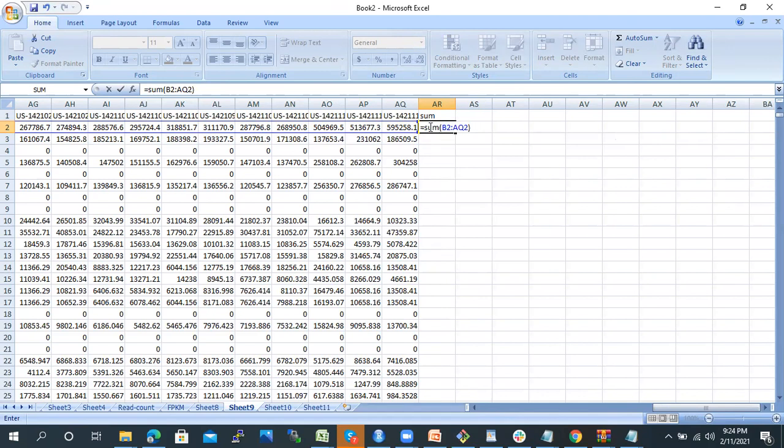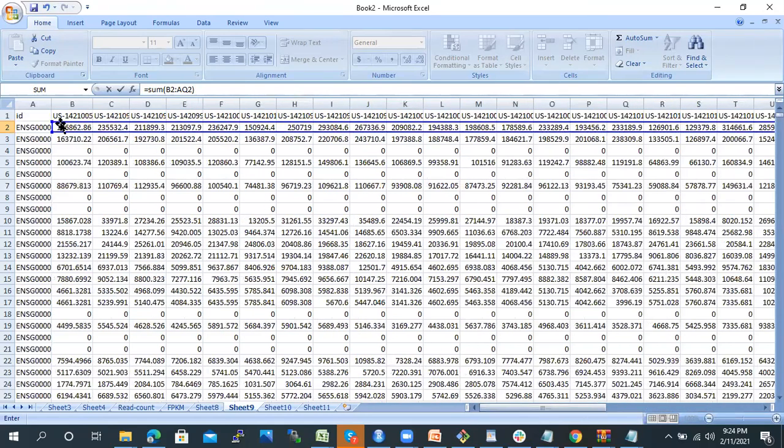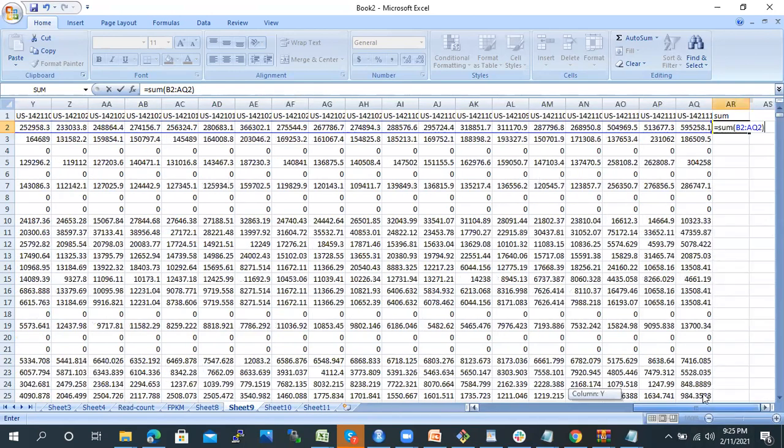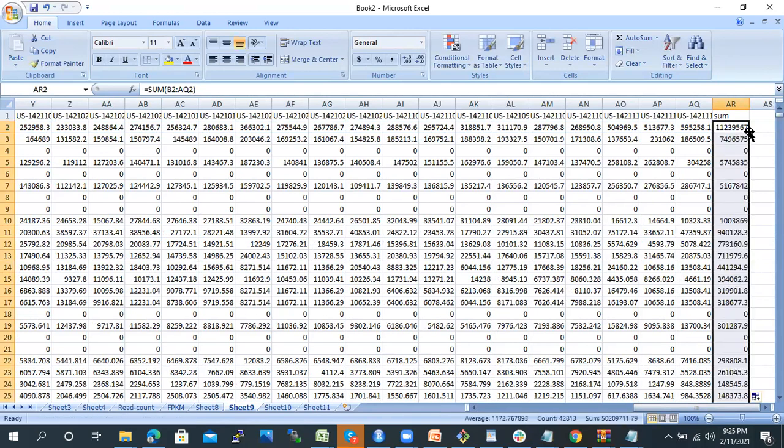B is a column, the first column, which contains gene IDs, so I'm taking from the second column. Is it clear? Yes. Okay. So now we just need to click on the side and it will compute for all.